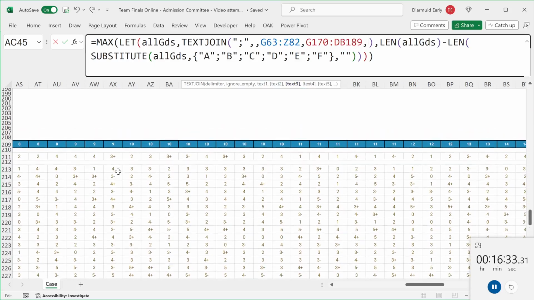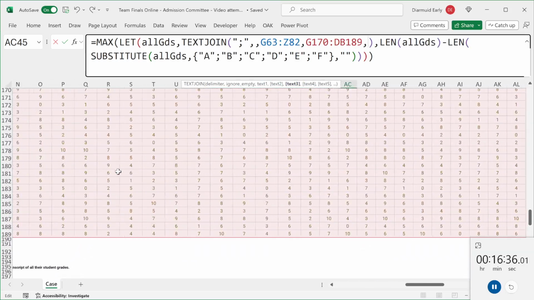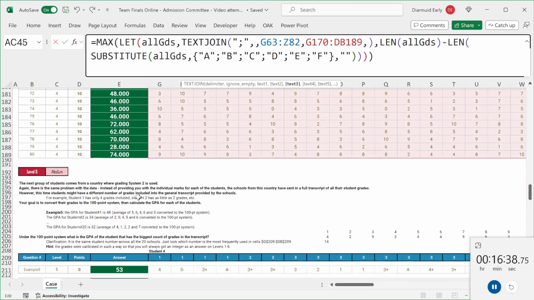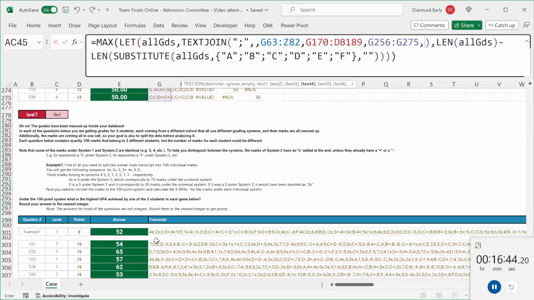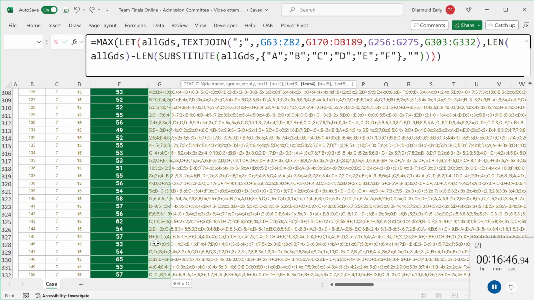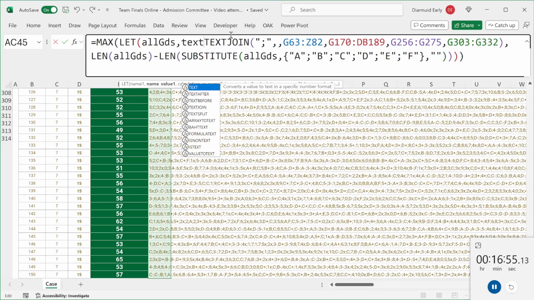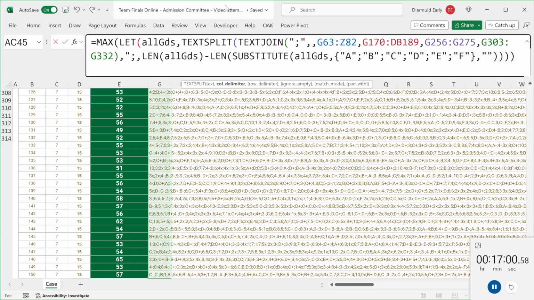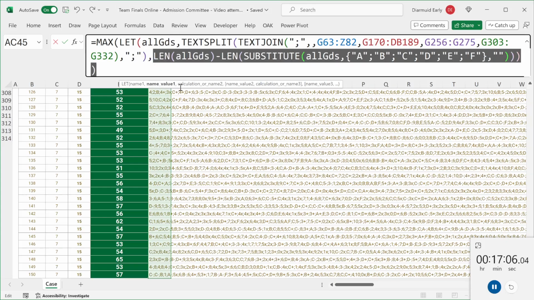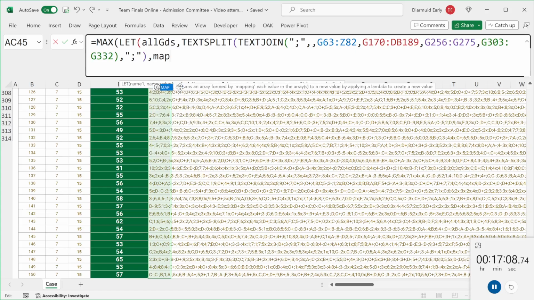Okay, so then what did I do? I've done that and that. Level 5 is system 2, and then these are everything. So let's take all of these and all of these. Okay, so that's my text join, gives me all grades. Then I guess what I want is text split of that on a semicolon. So that gives me a vector of all the grades, and then I want map sequence 11